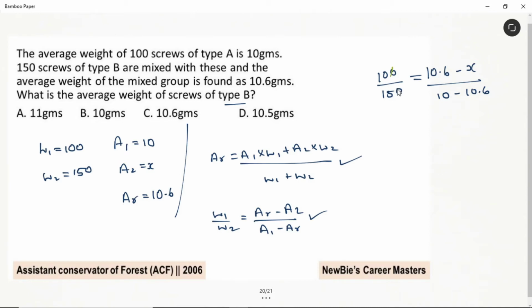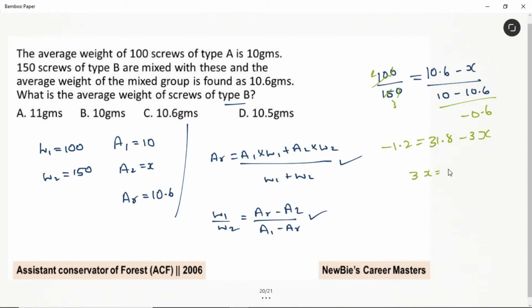See, we can take this as 5 2s are 5 3s are. Correct. Then this value is minus 0.6. Send this minus 0.6 to LHS. That is minus 1.2. And send this 3 to RHS. 31.8 minus 3x. Correct. Then rearrange it. Bring variable one side and values to one side.